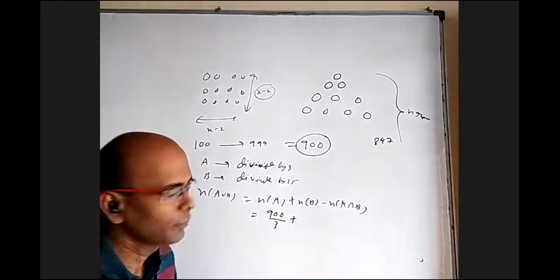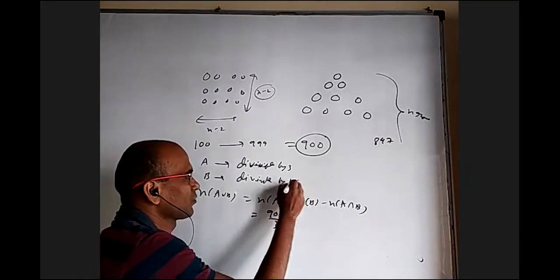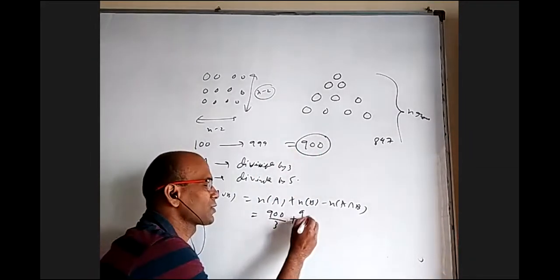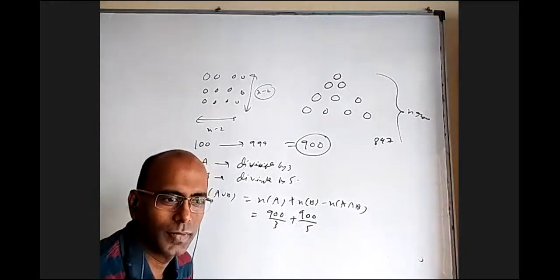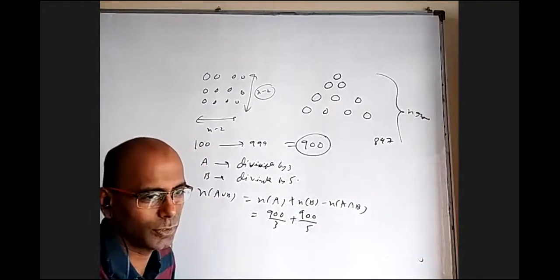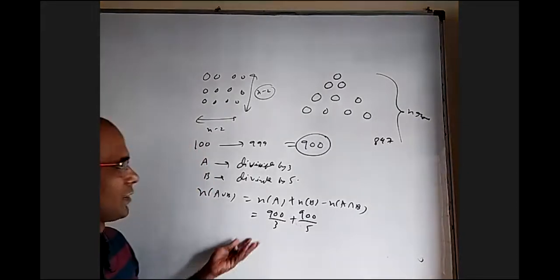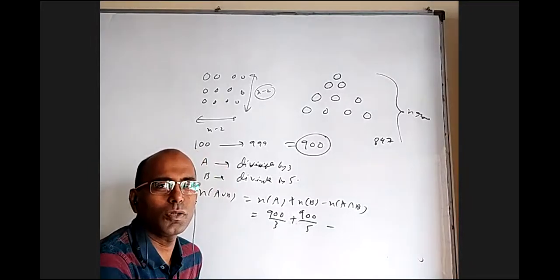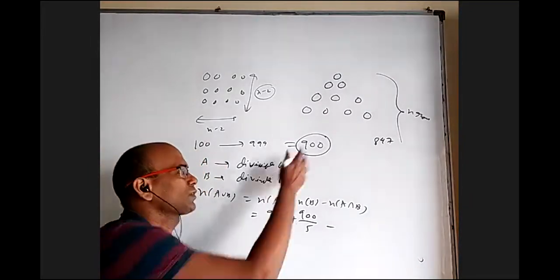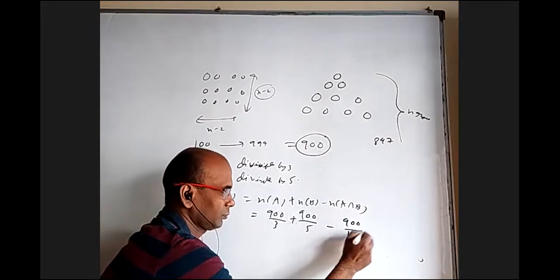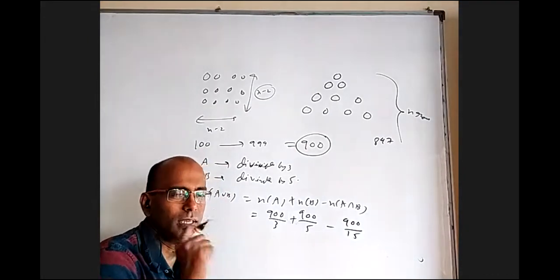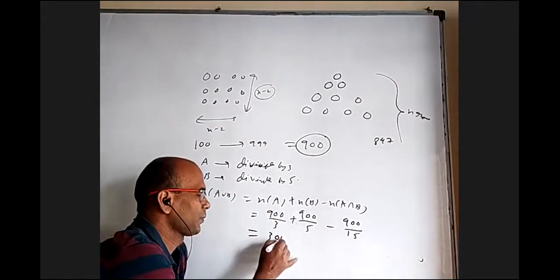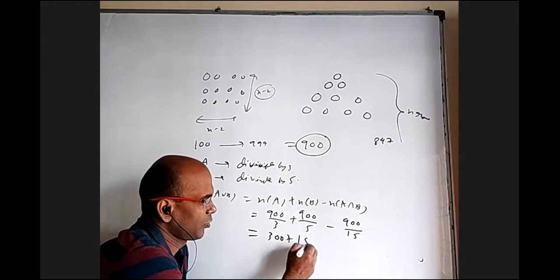Similarly, multiples of 5. Out of every 5 numbers, one number will be divisible by 5. So it will be straight away 900 by 5. I gave this question thinking that we have to use arithmetic progression, but I just don't need any such thing. Minus the numbers that are multiples of both 3 and 5, which means multiples of 15. That is also 900 by 15 straight away, because out of every consecutive 15 numbers, exactly one number will be divisible by 15.